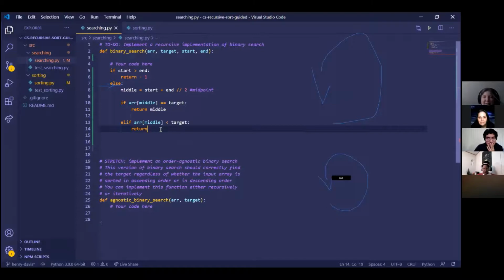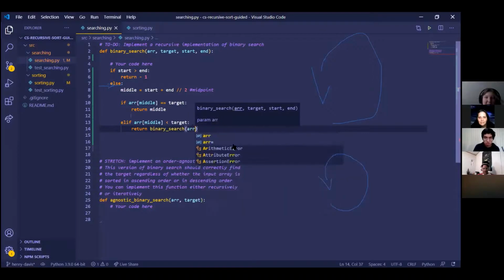Doing recursion again. So we're going to return the binary search of the array, target, start,